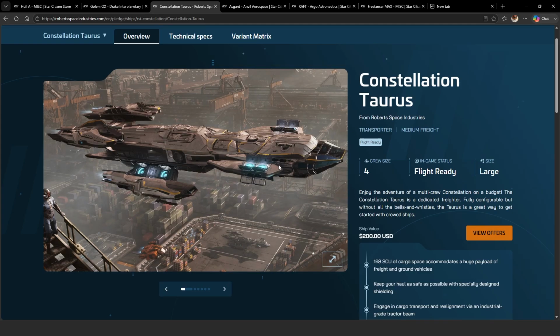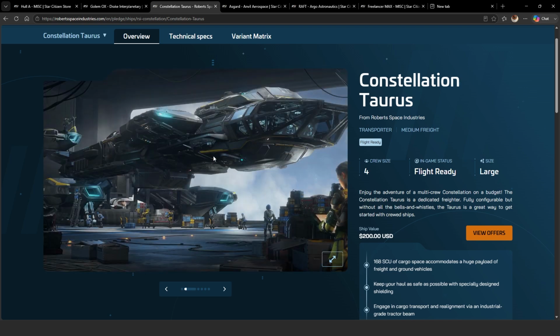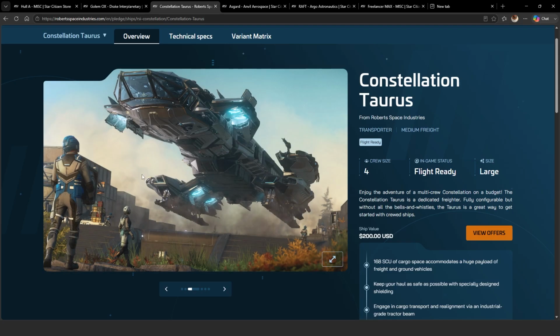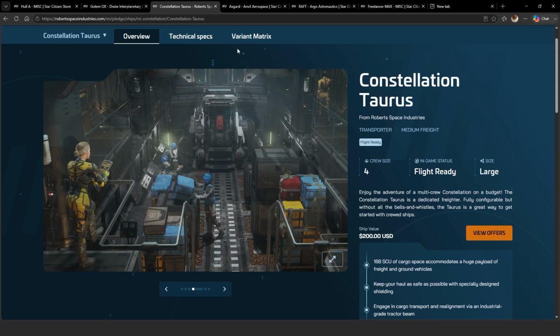It's pretty quick and easy to load. It's a good ship. It's got a built-in tractor beam on the nose. I really like this ship. It's a solid choice, and you can rent this ship at New Babbage if you wanted to try it out before you buy it, or go buy it in game. And another ship that I really like